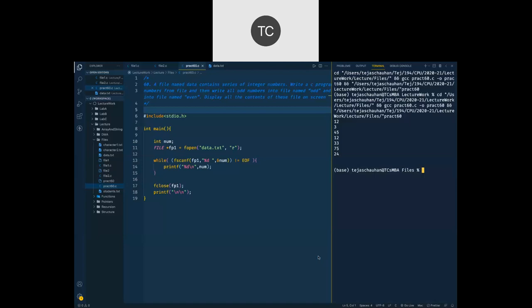fscanf, scan from the file and bring it. And when your program is going to write something within the file, it's going to be output for your program, input for your file. So if the program puts something in the output, the printf function will come, and if it puts it in the file, the fprintf function will come. Okay, I hope you are clear now.